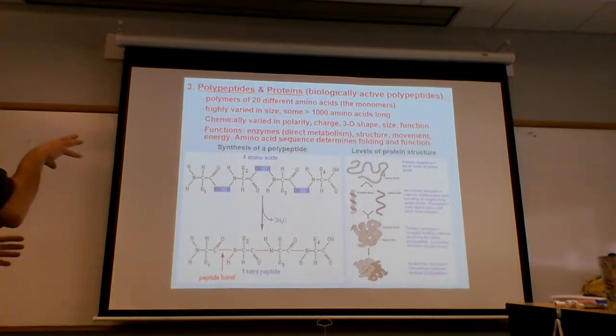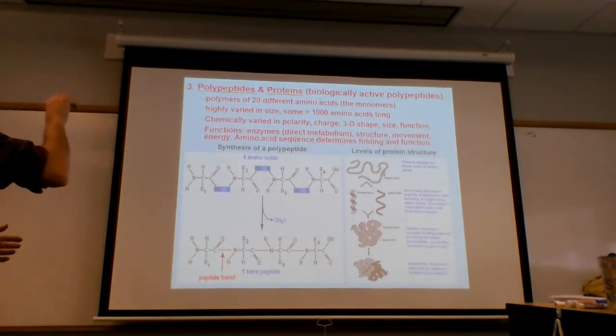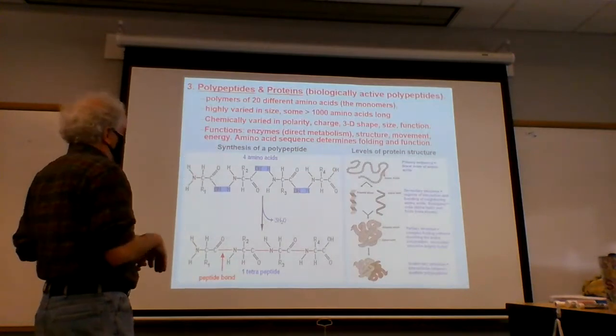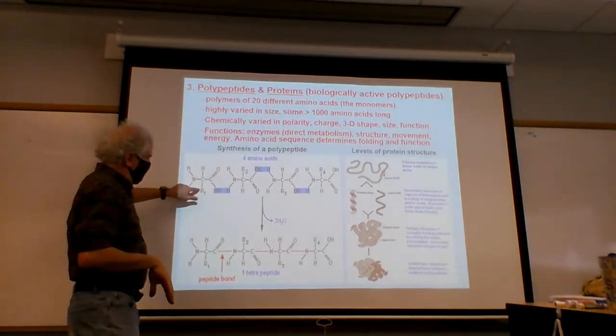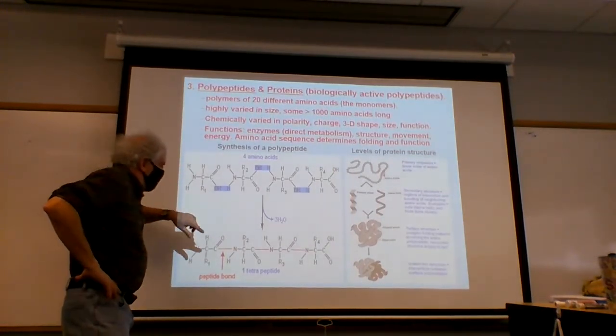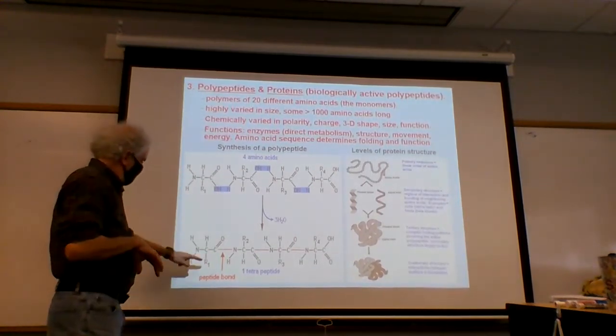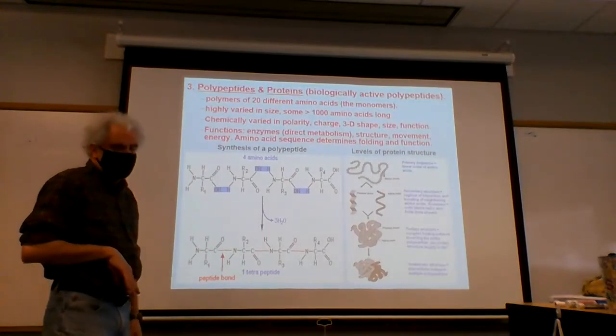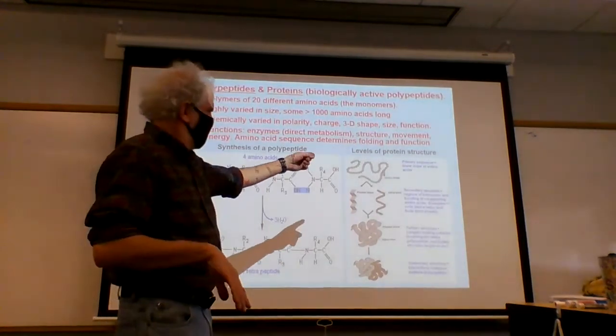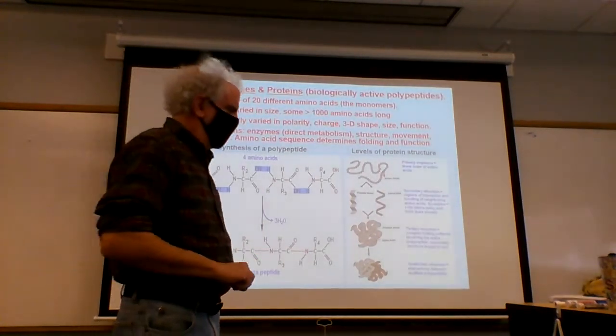Now we're getting into something in which we actually have some variety in this part that we call the R group. And so what we're going to do is begin linking together amino acids and create what's called a peptide bond. And when we have it here, it's actually an important thing that I want to spend a little bit